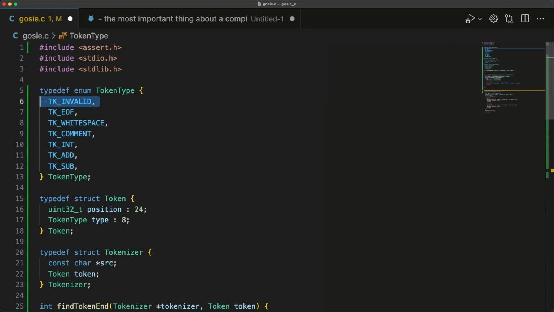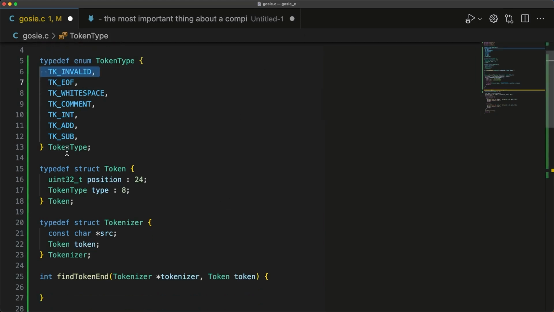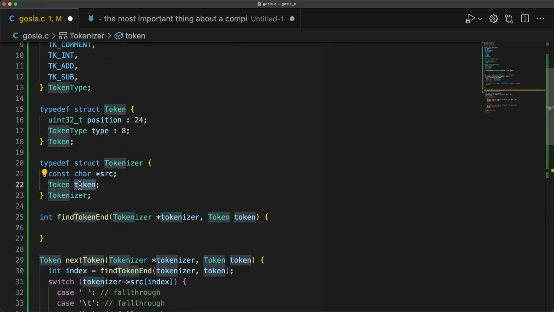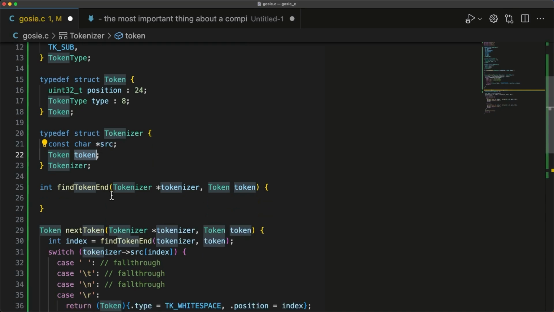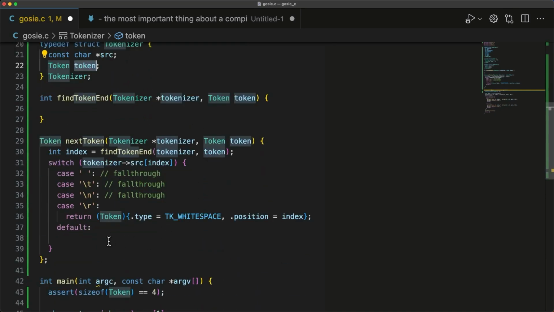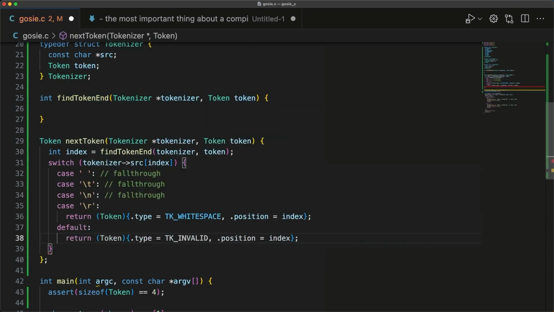So the first token will be invalid until you get going, basically. So this will end up being zeroed, and then, yeah. Okay, so we've got white space, we've got an invalid token, we've got